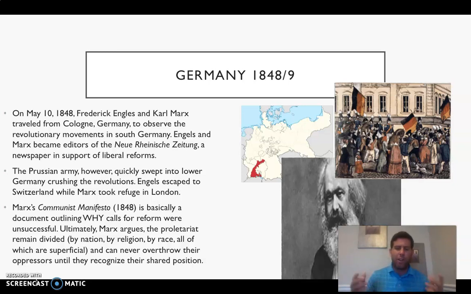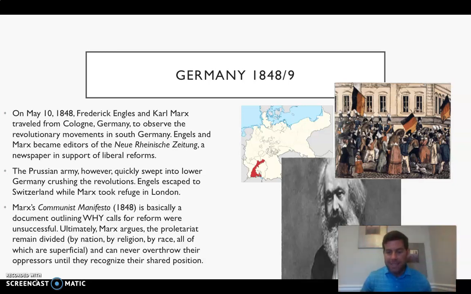And this is something we'll talk a little bit more about next week when we're talking about the second wave of imperialism. But Marx basically says, workers of the world, unite, right? This is his ultimate call, that they have nothing to lose but their chains if they recognize that workers, whether they be Chinese workers, British workers, American workers, South American workers, they're all the same, right? They all operate in the exact same exploitative system.